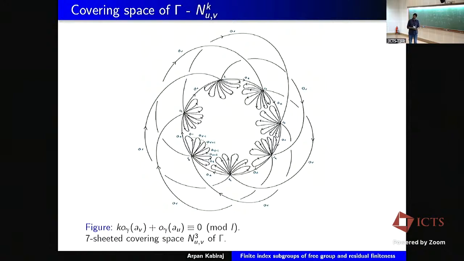Nothing much there. So this is again just writing down how the elements look like. And as you can see, except U and V, other generators are not going to play a role, because anyway you are starting from any vertex. The other generators are giving you loops there, so we can just put any number of generators there, you are going to end up there itself. Okay, so now